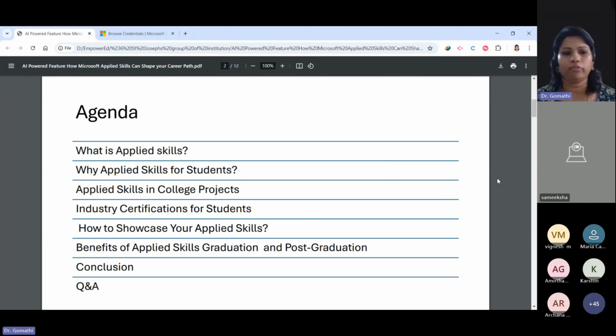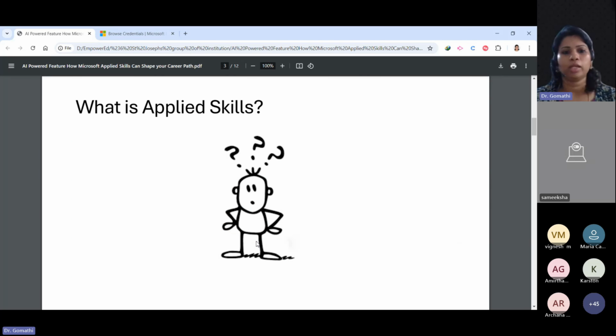We will discuss that, along with the various industry certifications you can pursue, and how you can showcase your applied skills. Finally, we will understand the benefits of applied skills and how you can use them in your graduation and post graduation.